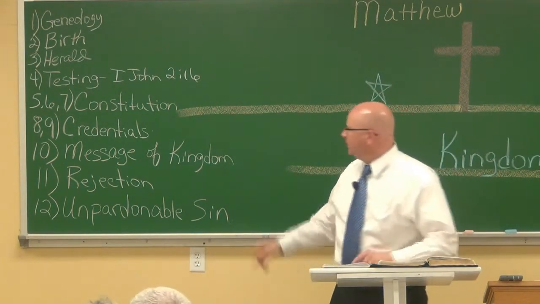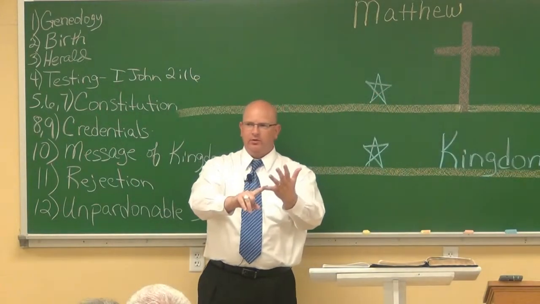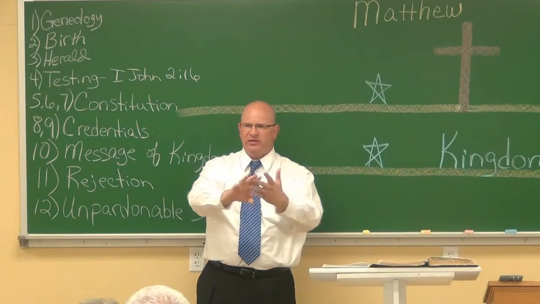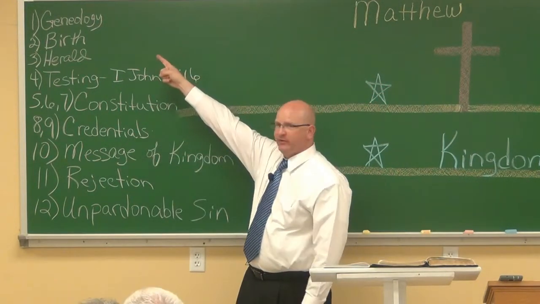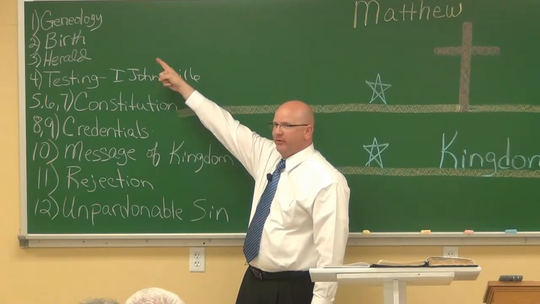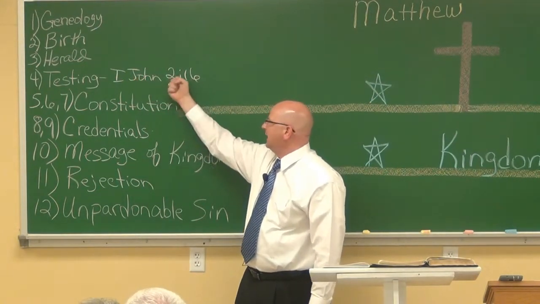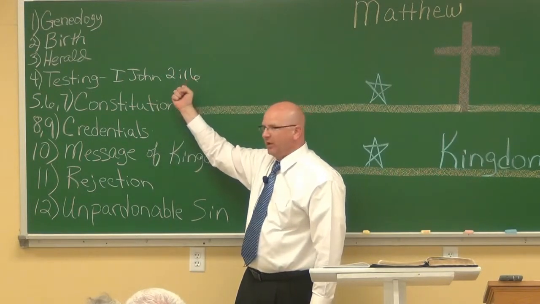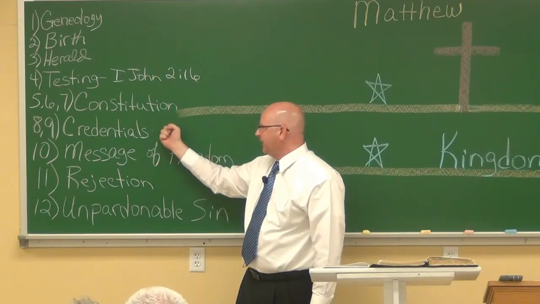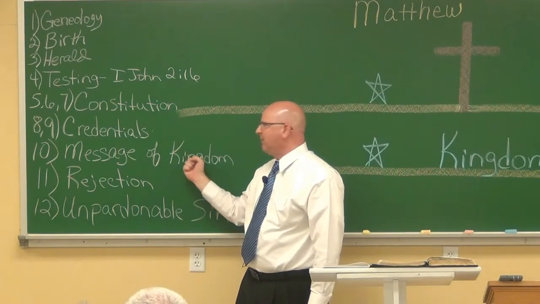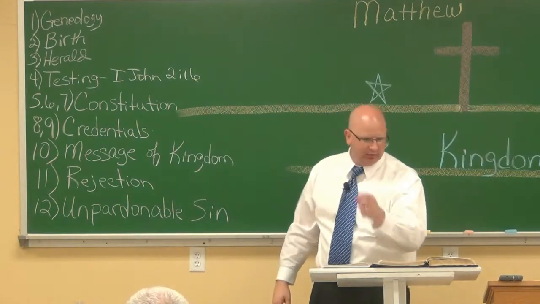Chapter 11. Jesus goes to the bigwigs, the Pharisees, the Sadducees, and all of them. And he says, okay, I done proved myself. I done proved I'm of the tribe of Judah. I done proved I'm virgin born. I've been baptized with John. I done defeated Satan. I got my 12 cabinet members. Now I got a constitution. I've healed everybody I've come in contact with. I've presented my message. Now, if you will receive it, look at,